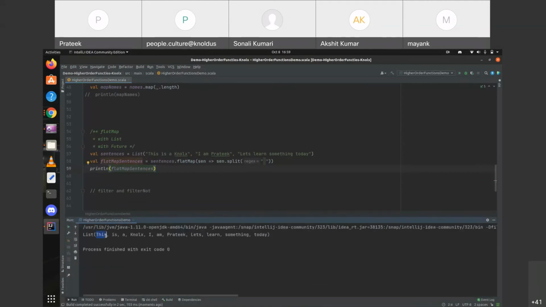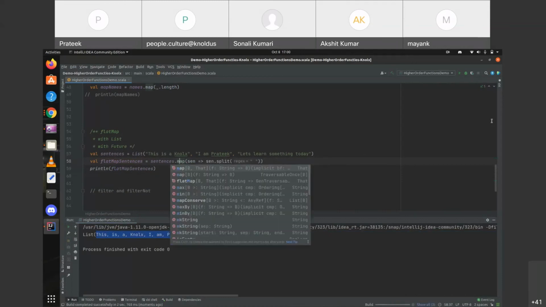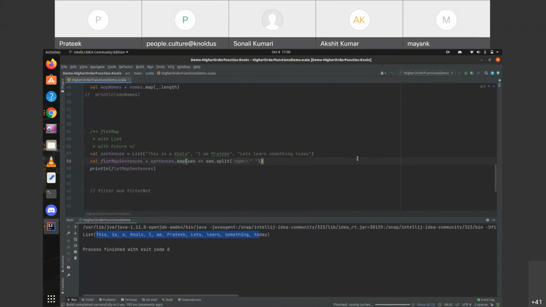See, it removes the arrays and generates a sequence. That's it. Let's see the output if we are calling map. Okay, actually, yeah, we cannot print an array just like a list.